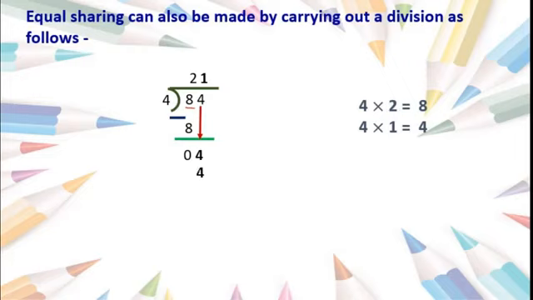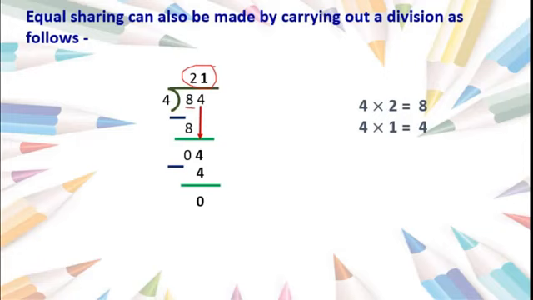Correct? Now we will write 4 below 4 and we will minus these. So what we got? 4 minus 4 is 0, isn't it? Here also we got 21 as the answer. There also we got 21 as the answer, isn't it? Yes, this is called the division method. Got this, students? By this method we can do division of any large numbers.